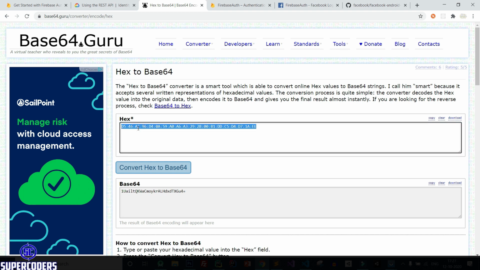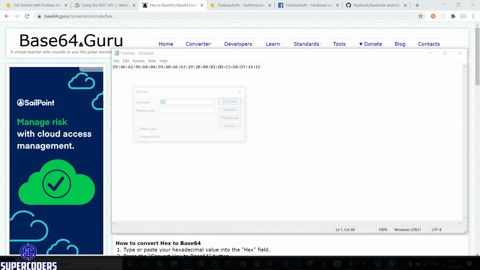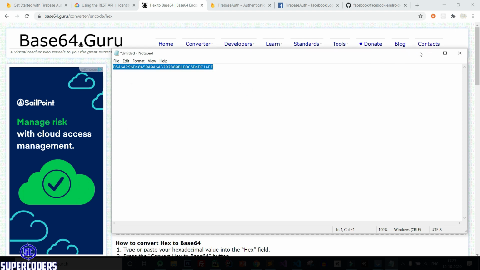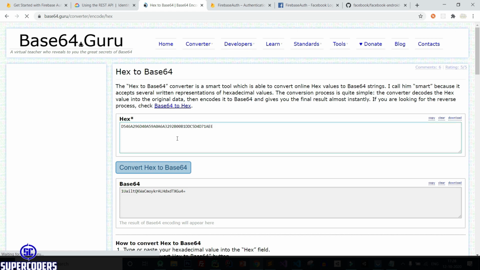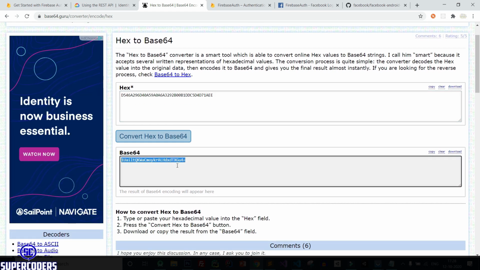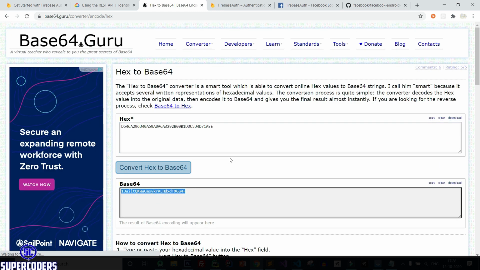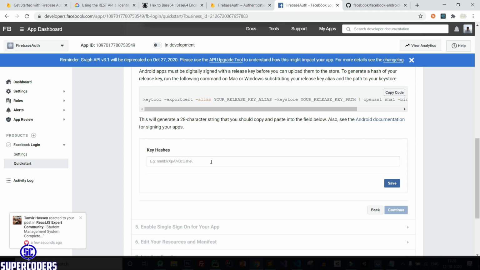So let's see one more thing. Copy this, open Notepad, paste it, and remove all the colons. So simply remove them and copy this SHA key or fingerprint and paste it here. Now click on convert hex to base64, and you can see it generated the key. If I check again, clear it, convert, and you can see it generated the key. So simply copy the key and come to Firebase, paste it here, click on save,